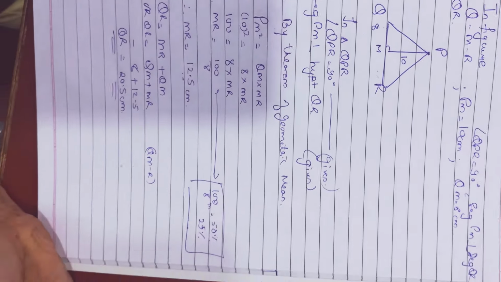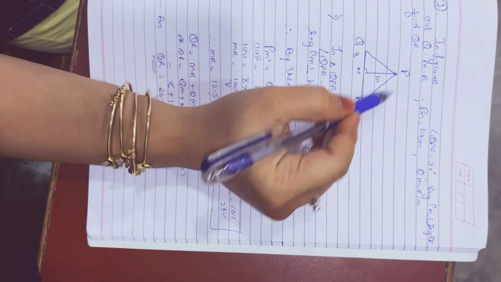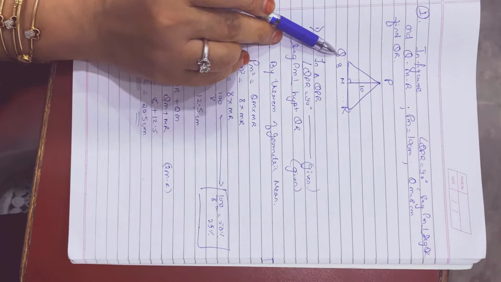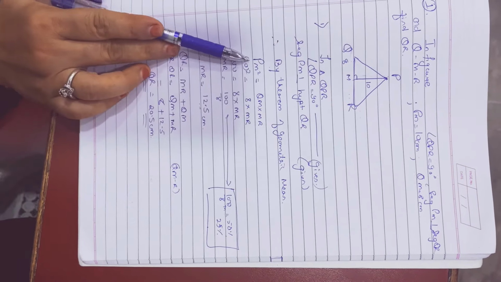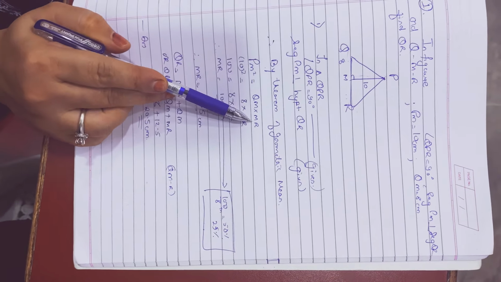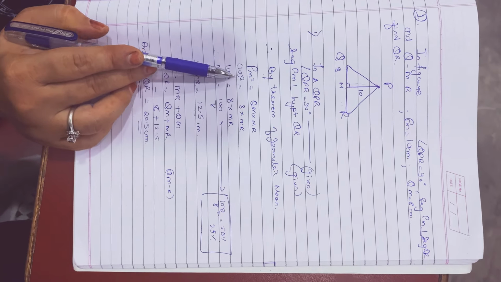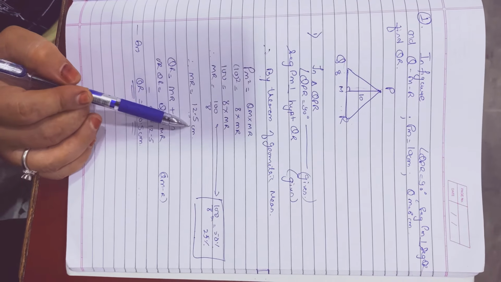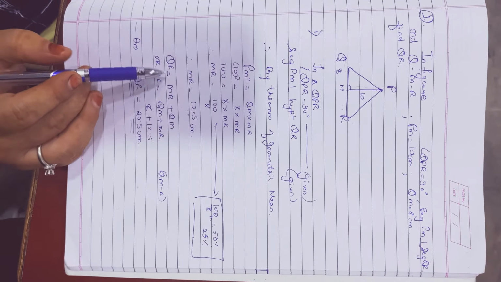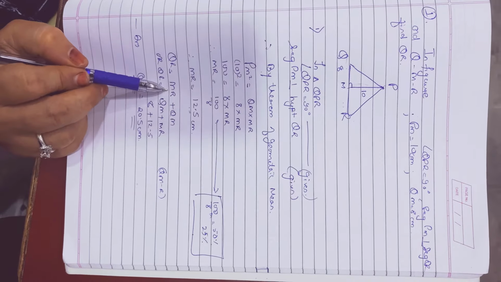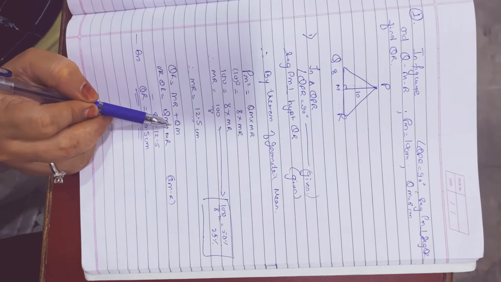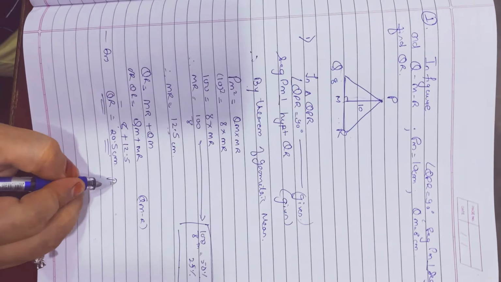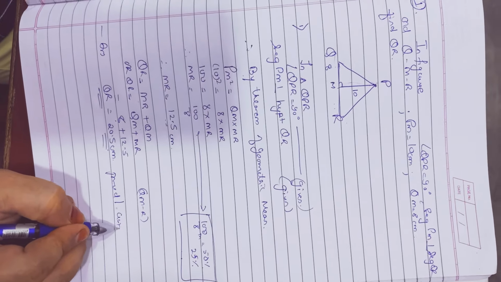Now we will have a revision of this again. This is PQR such that PM is 10 and QM is 8. By the theorem of geometric mean, PM square is equal to QM into MR. Square of PM is 10, that is 100. We divide by 8 and the value is 12.5. So QR is equal to MR plus QM. The value here is 20.5 centimeters and we proved it and got it. This is your final answer.